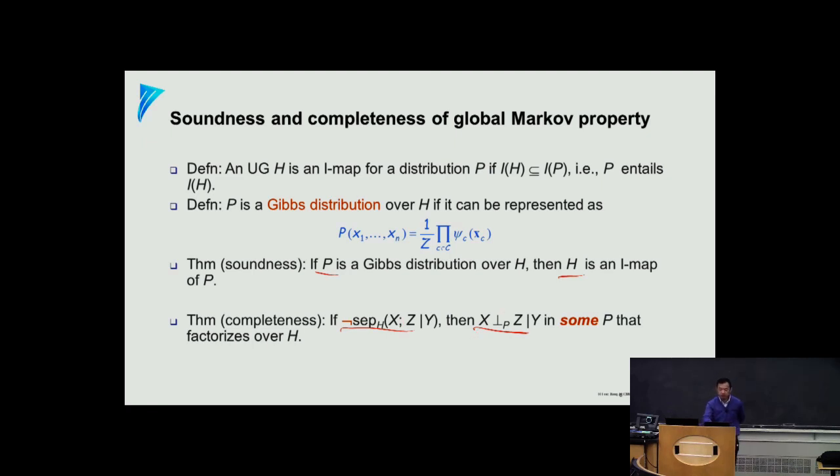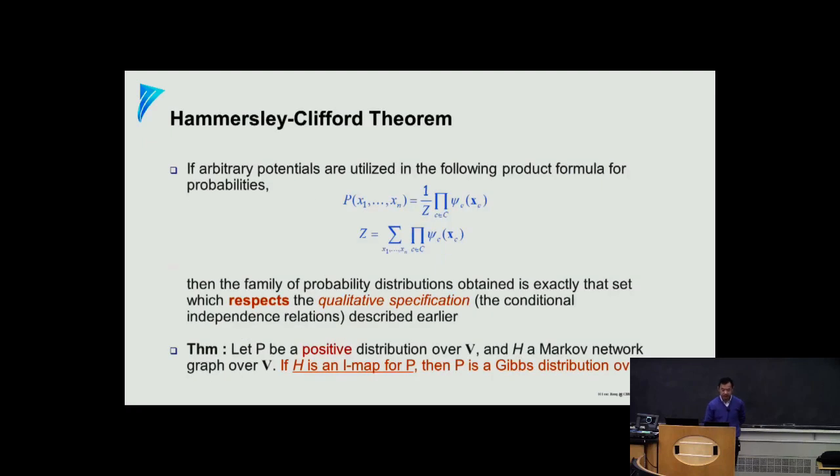You will find them in some of the distributions that factorize over H, which means that those are special distributions that you can design, but not in all of them. Maybe the practical utility of that is to guarantee that our very way of defining distributions is the right way to do it. It's a very famous theorem called the Hammersley-Clifford Theorem. It basically says that